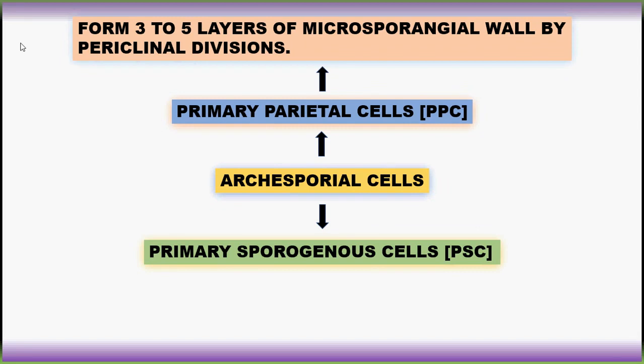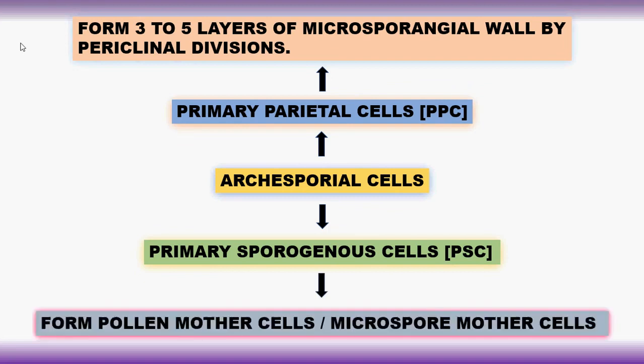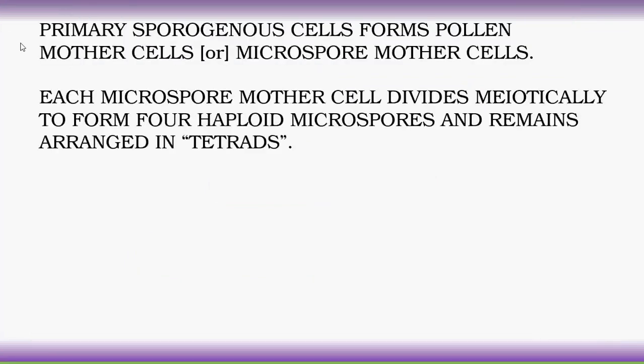And the archisporial cells which are produced towards the inside are called primary sporogenous cells. These primary sporogenous cells differentiate to form pollen mother cells or microspore mother cells. These microspore mother cells are involved in microsporogenesis. So let's see. Each microspore mother cell divides meiotically to form 4 haploid microspores or pollen grains, and they remain arranged in